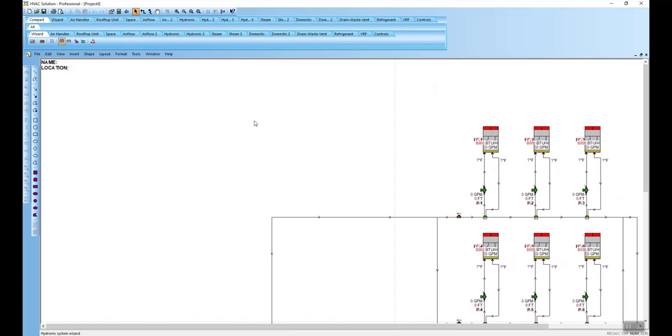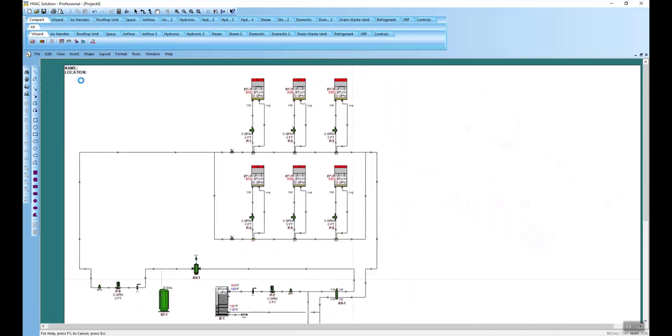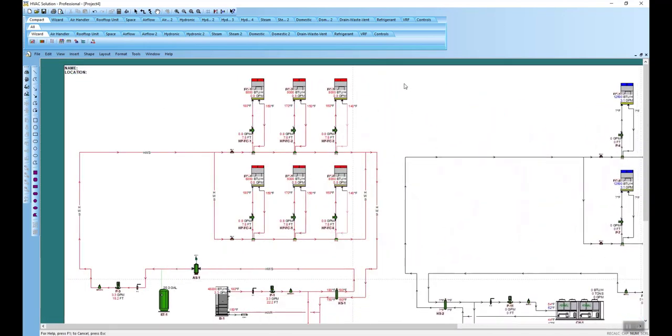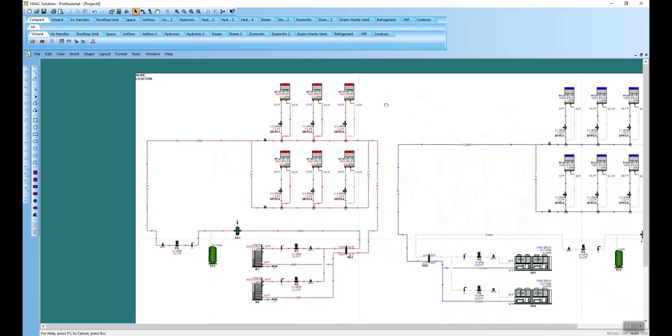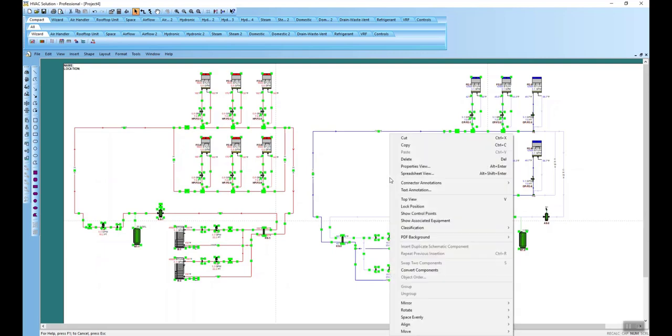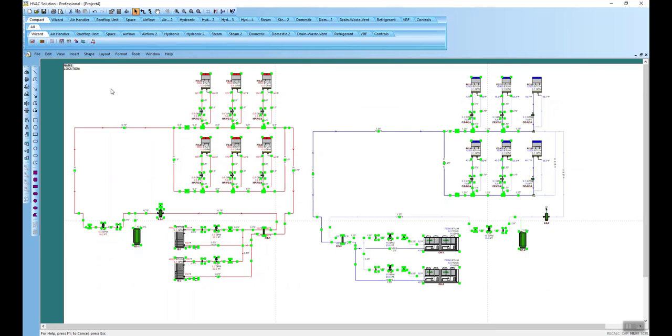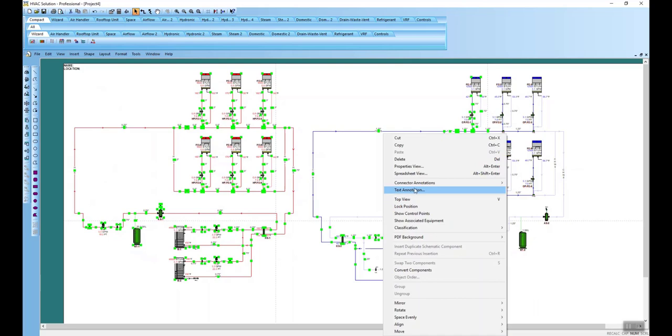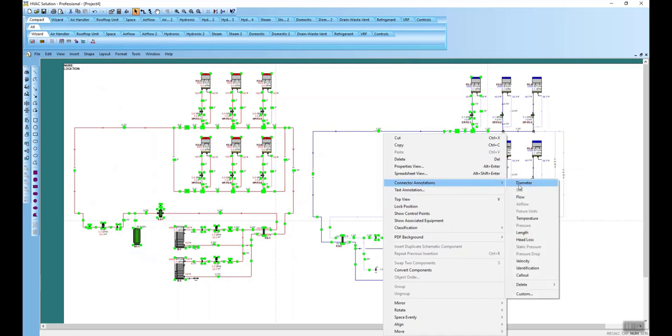When I hit Finish here, we'll have the same diagrams as we looked at before, just a matter of a minute or 2. This time I put the generation devices, the boilers and the chillers, down below. We have 2 loops with 3 loads per loop. I can drag a box across, right click with my mouse, and now I can annotate the drawings with diameters or flows, whatever I would like to see in this system. I could annotate right there on the drawing, or I can click on the pipes as well and look at